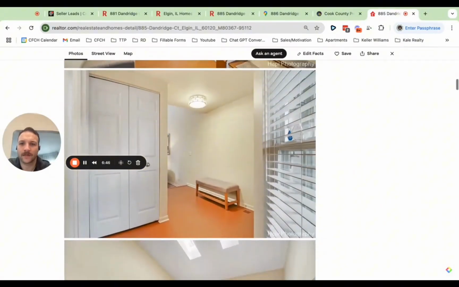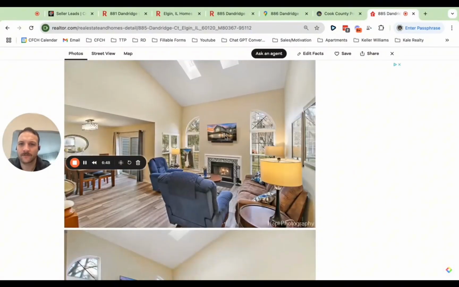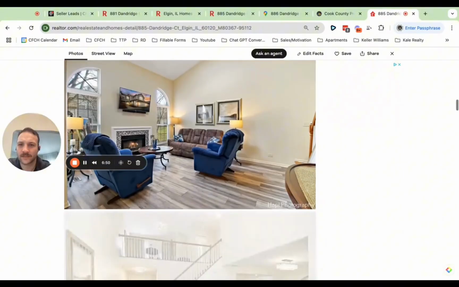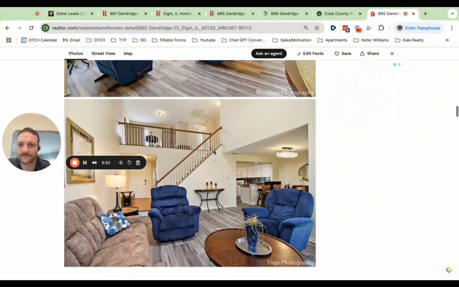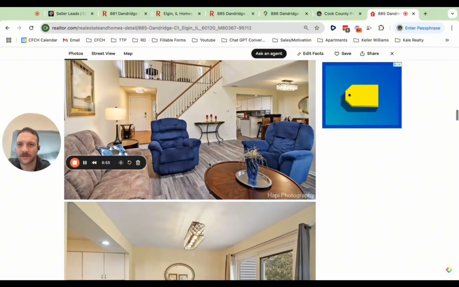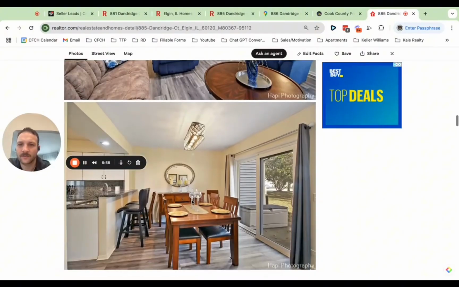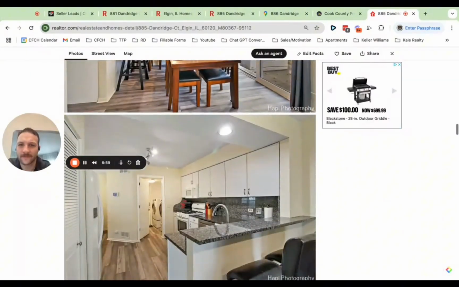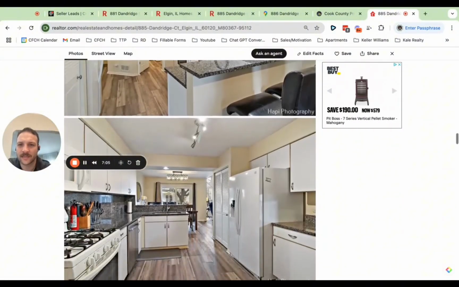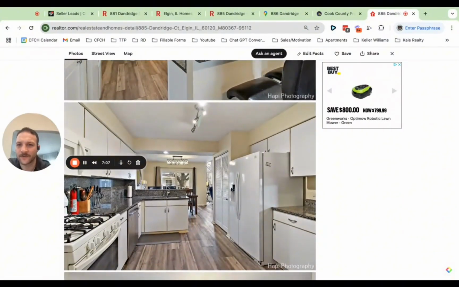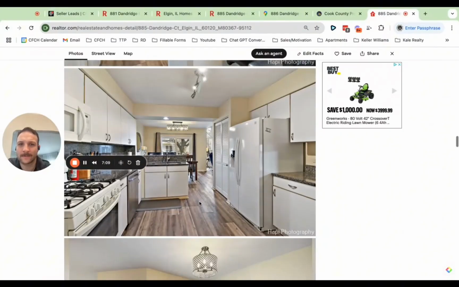All right, so looking at the pictures, nothing special. This is probably as is condition, right? It's not a flipped property. You have older kitchen cabinets. You have probably granite countertops, but this is not something that a flipper came in to redo.